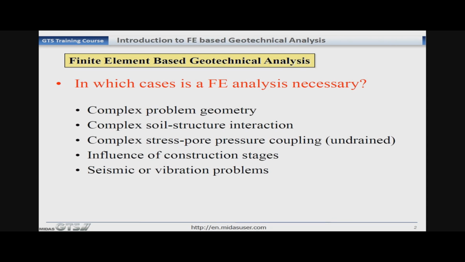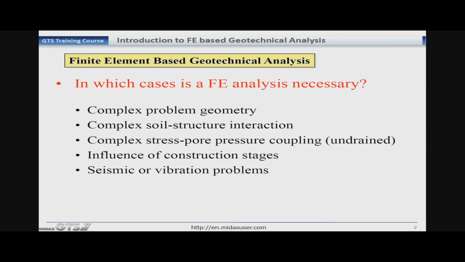As we know, these days we are constructing very tall buildings which require very solid foundations, and the foundation is constructed in stages and we need to perform the excavation before we can construct the foundation, and we need to see how the construction stages will affect the excavation. For that we need to have a finite element tool so that we can model the construction stages and obtain the effect of the schedule of construction.